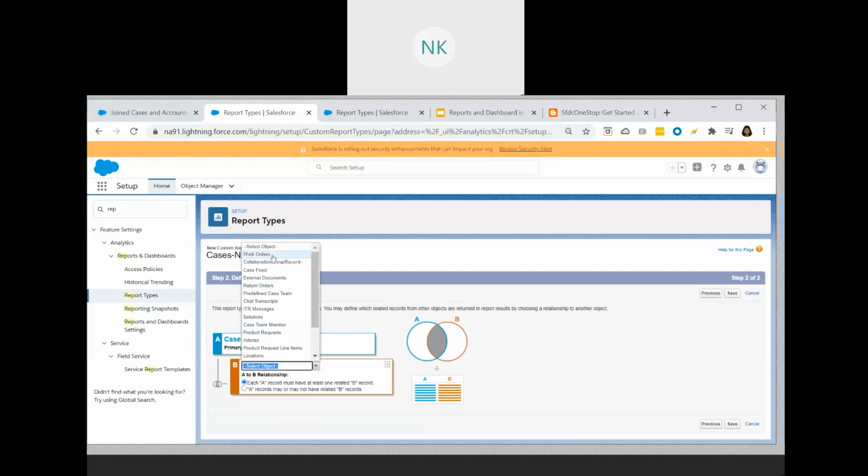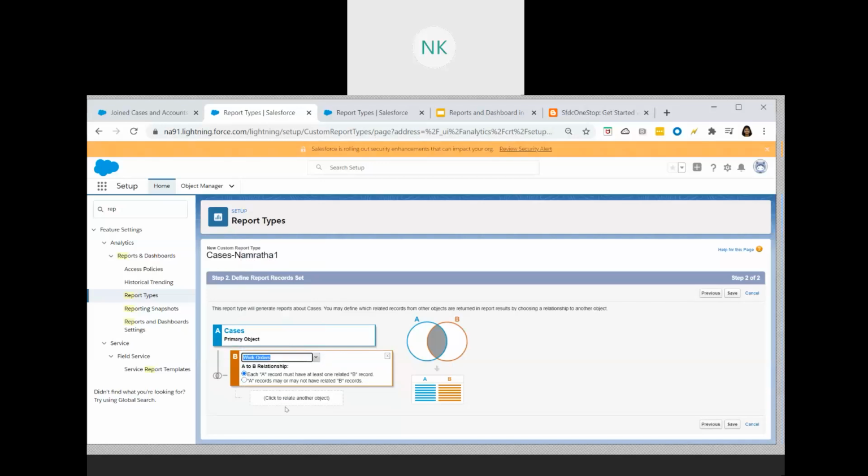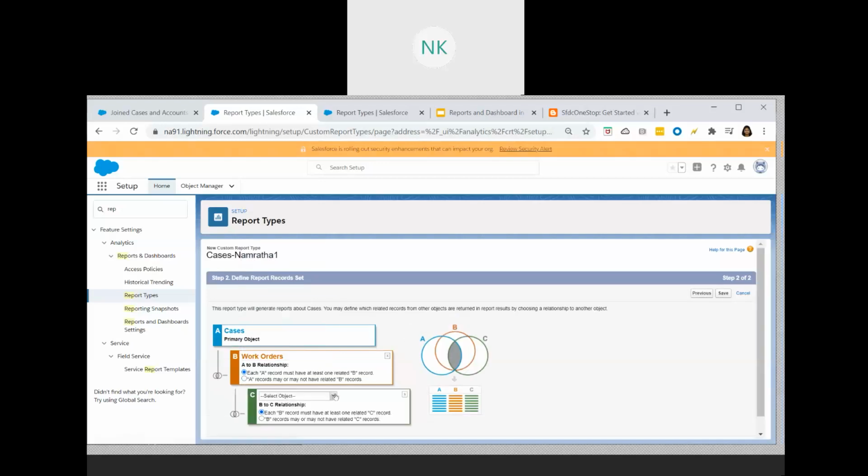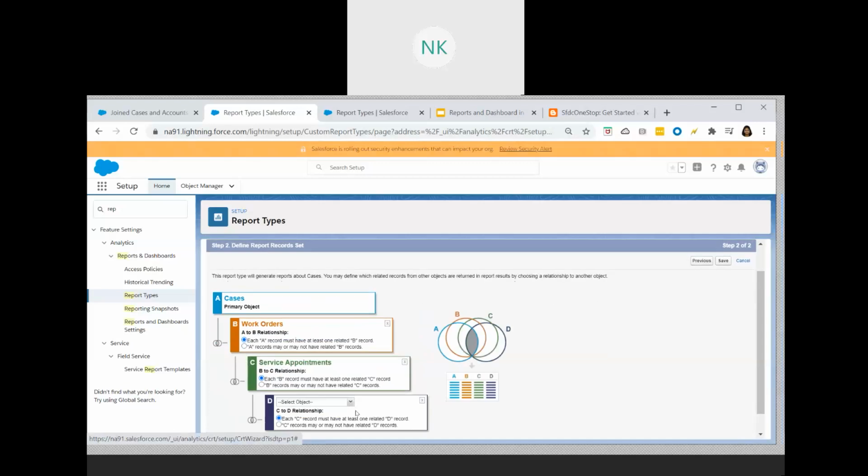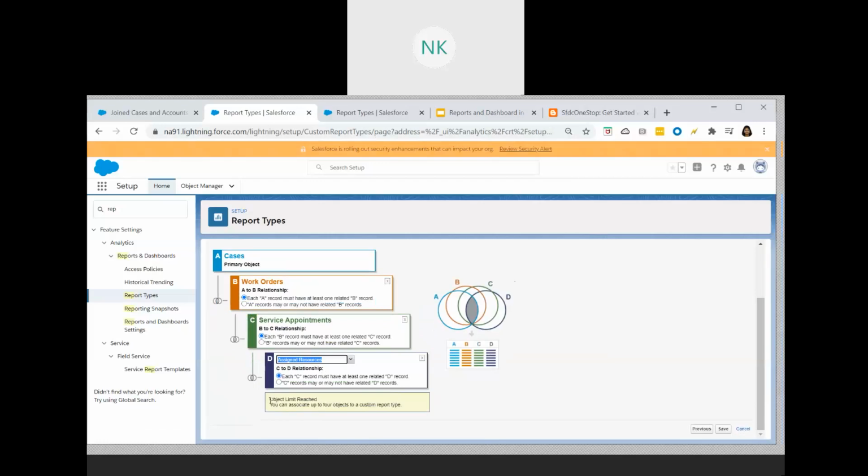Let's choose work order and see what we can choose here. Here you have the service appointments, and then you can add one more, assigned resources. That's it. Org object limit reached. You can associate up to 4 objects to a custom report type.